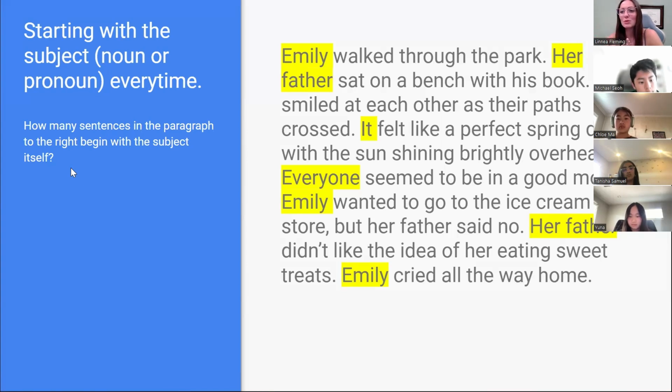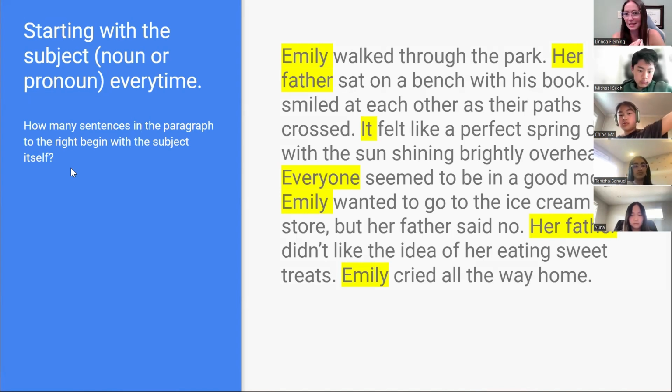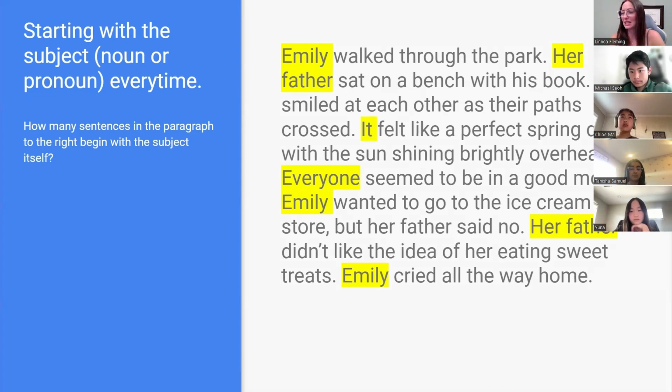Probably not, because that's what seasoned writers do. That's what people who have been writing for a really long time look for, these kinds of things. But it's possible that you might not have even noticed. Hey, maybe you like this kind of writing. But in order to advance, become more sophisticated, and again, get your own style so that you don't sound exactly like ChatGPT, we are going to learn